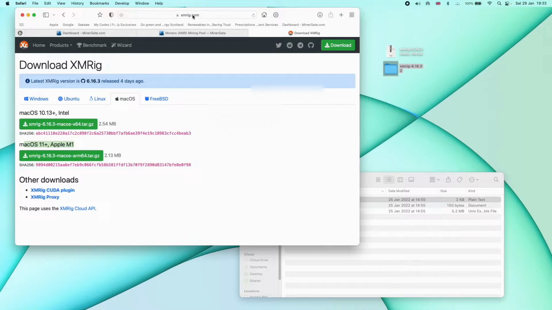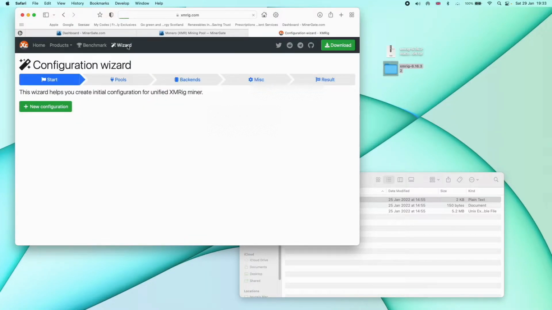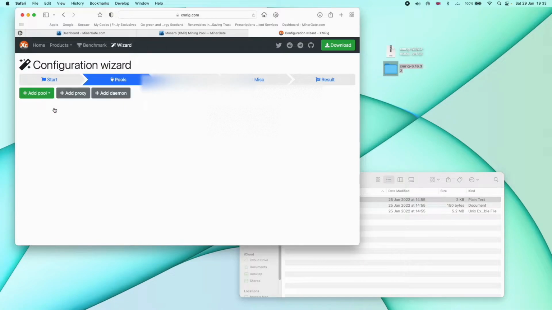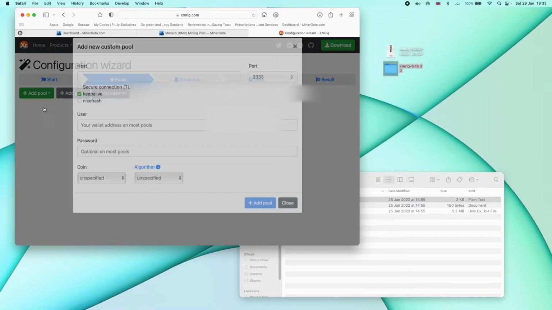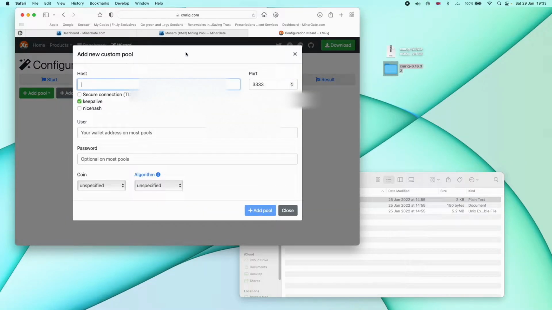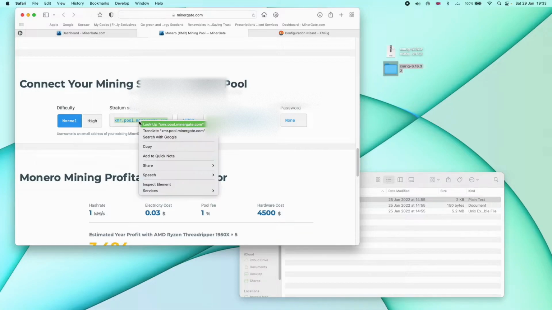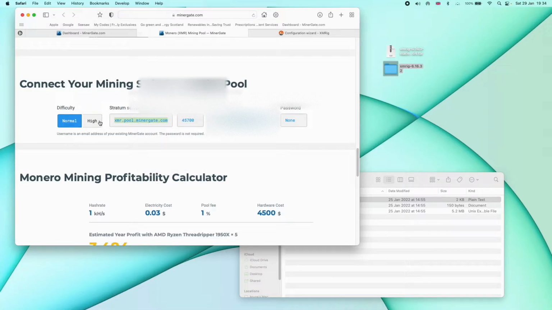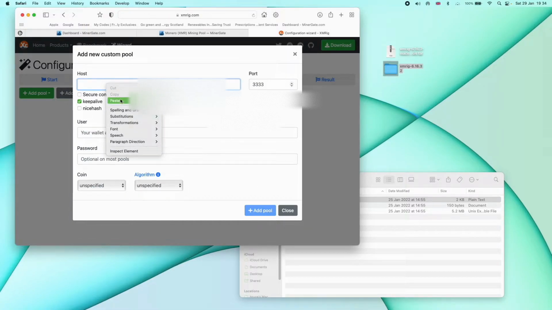And the best way to do it is on xmrig.com, click into wizard and hit start. New configuration, we're going to go new pool, custom pool, and now you want your host. Now your host is the server URL. Bear in mind there are two settings, normal and high. I have never had the high setting working, however on the normal setting I'm getting 2300 hashes without running any other software. So we come back to here, paste in your pool,